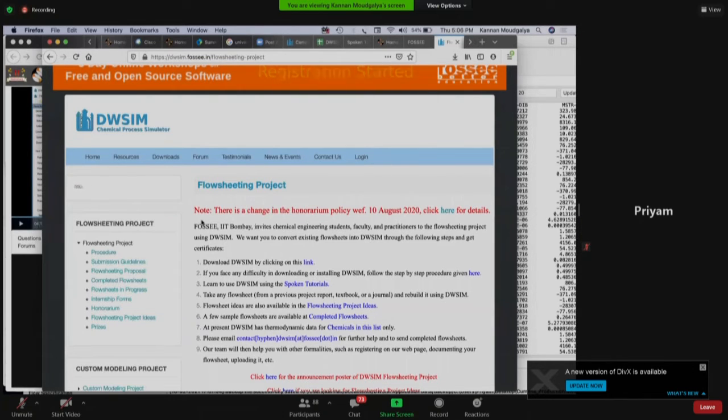So, sir, generally, just to inform everyone, Abhishek was asking about a criteria. So initially, the proposal that they submit, we check that it should not have been completed already, or that is not in progress with someone else. So if that is clear, then we generally accept it immediately, maybe in a day or two. Okay. And if we see that, okay, this is a flow sheet which is already existing or it is incomplete, then we write back to the participant saying that, is it the same process that you're trying to do?